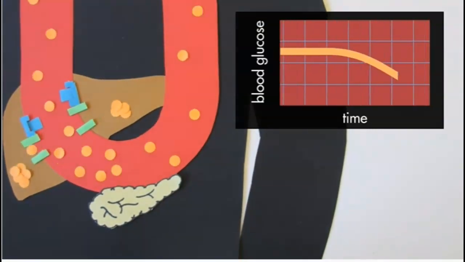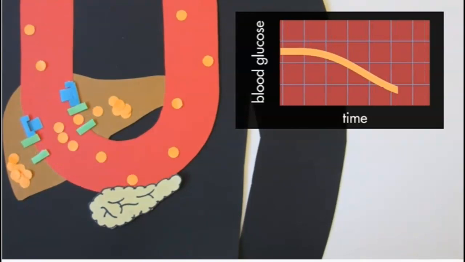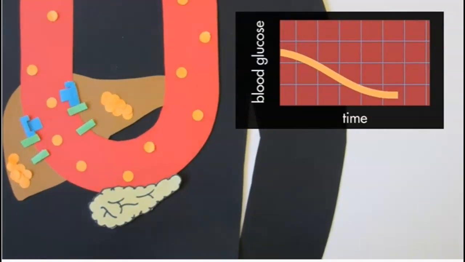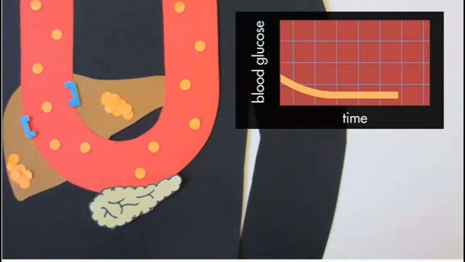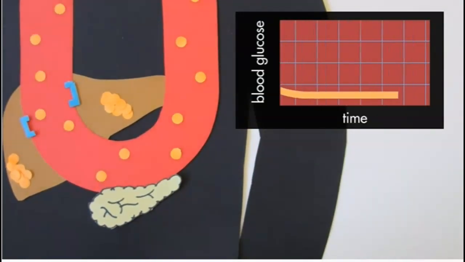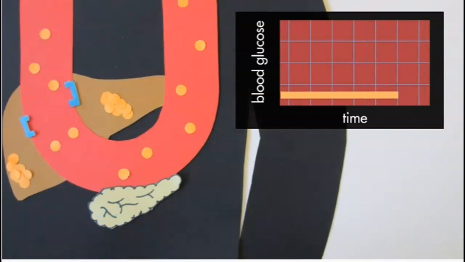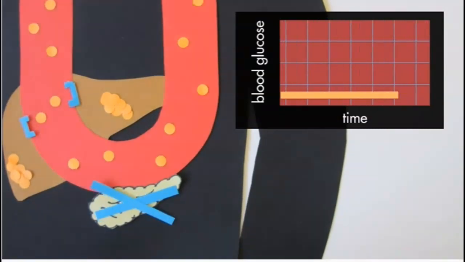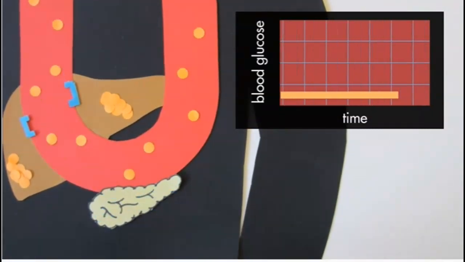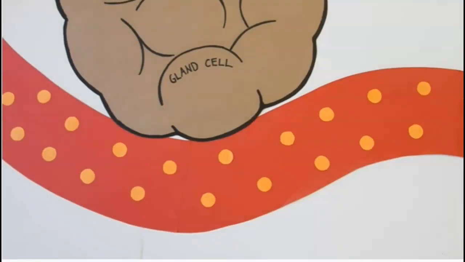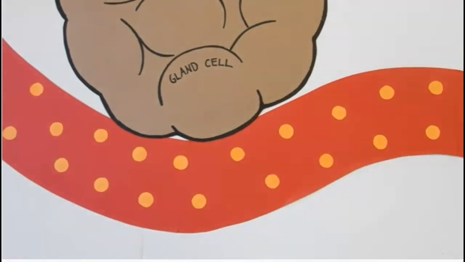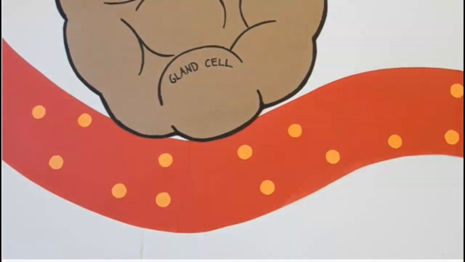This uptake of glucose by the liver and other organs for storage restores blood glucose levels to a balanced state. Homeostasis has been achieved. Because blood glucose levels have reached homeostasis, the pancreas will stop secreting insulin. This is just one type of hormone involved in the endocrine system. Remember, glands of the endocrine system send messages to the body in a similar manner.